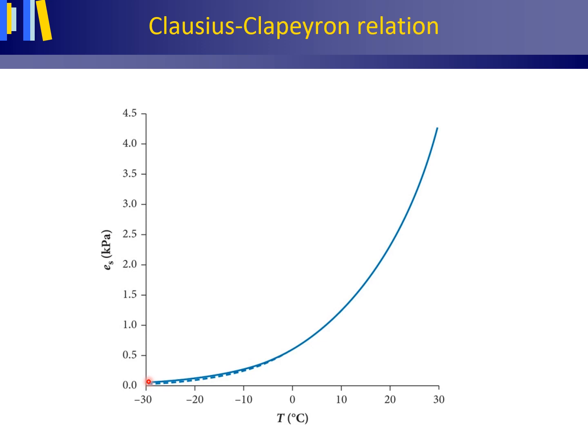Heating of the sea or of wet land surface causes evaporation and now moist air to rise. Cool air cannot hold as much water vapor as warm air, as already indicated in this Clausius-Clapeyron relation. Saturation vapor pressure is the pressure exerted by water vapor molecules in the air when the air is saturated with water vapor.